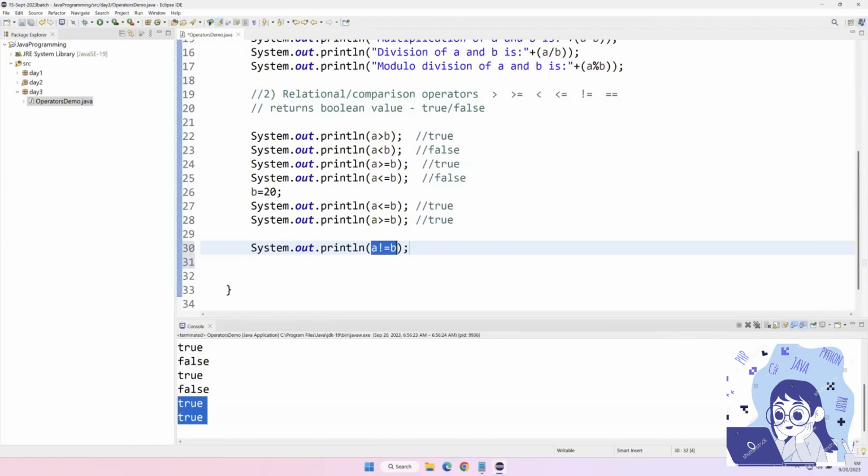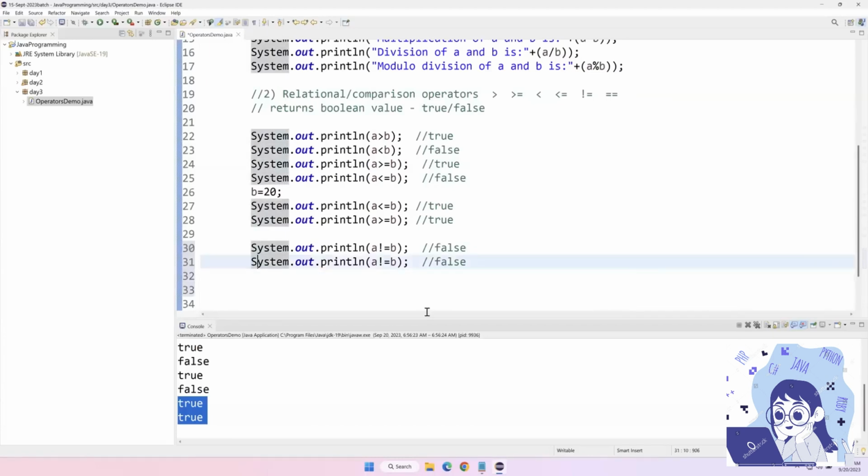Currently A and B values are the same, A value 20, B value 20, both are equal. But here I'm expecting not equal, so obviously this will return false. But if you write the same statement like this, A equal to B,